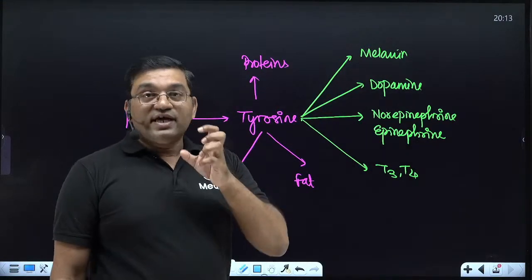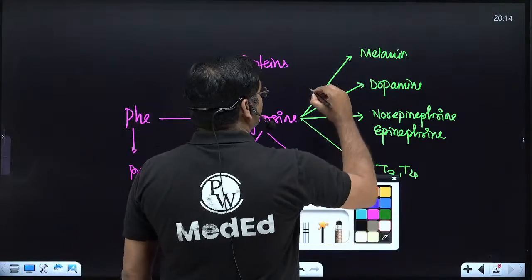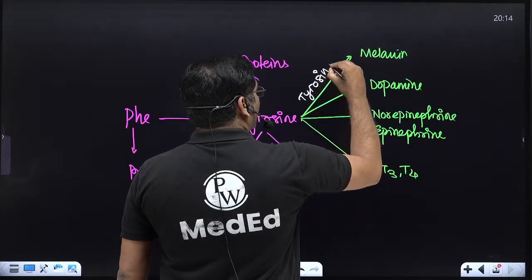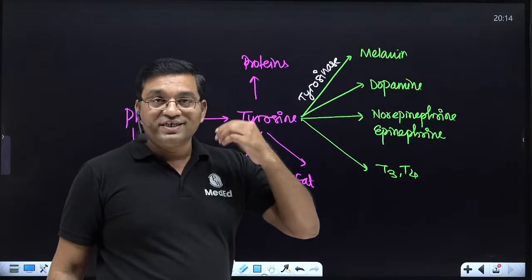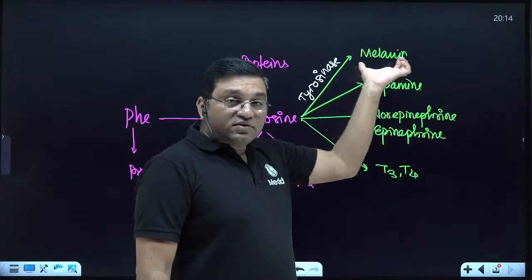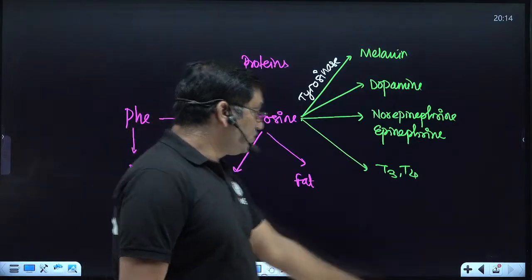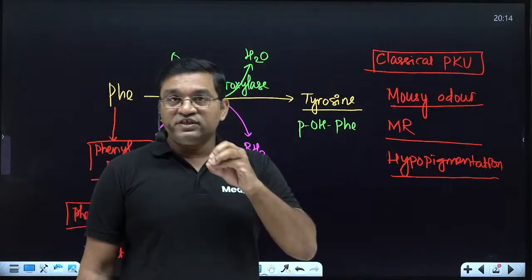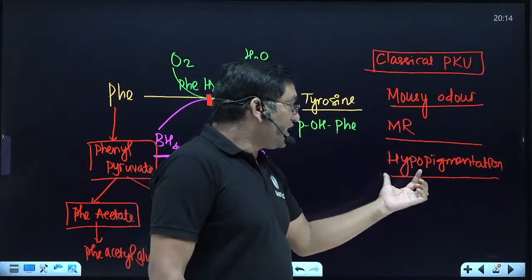Now, the only enzyme involved in melanin synthesis is tyrosinase. If there is defective tyrosinase, because increased phenylalanine inhibits tyrosinase activity, that causes defective melanin synthesis, which causes hypopigmentation in phenylketonuria. So these are the three important features in phenylketonuria: mousy odor of urine, mental retardation, hypopigmented patches